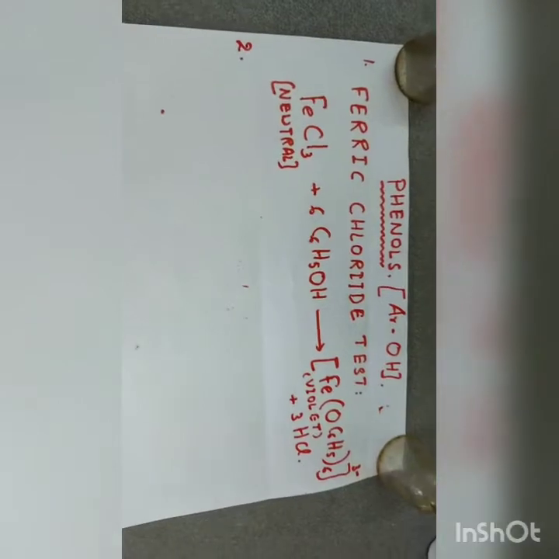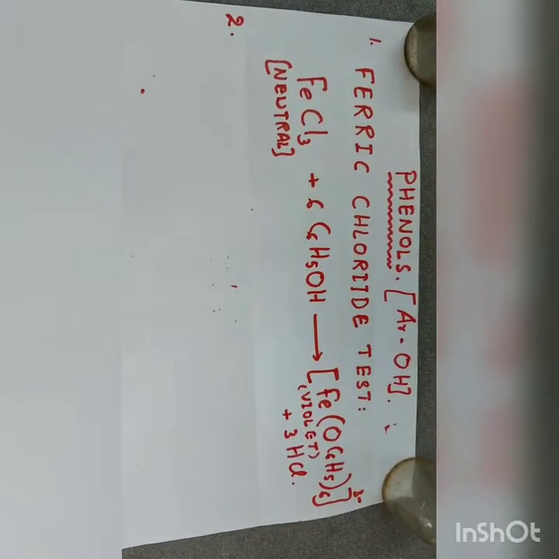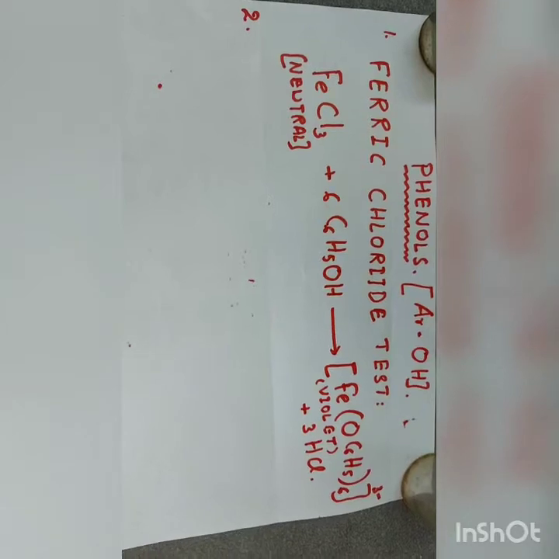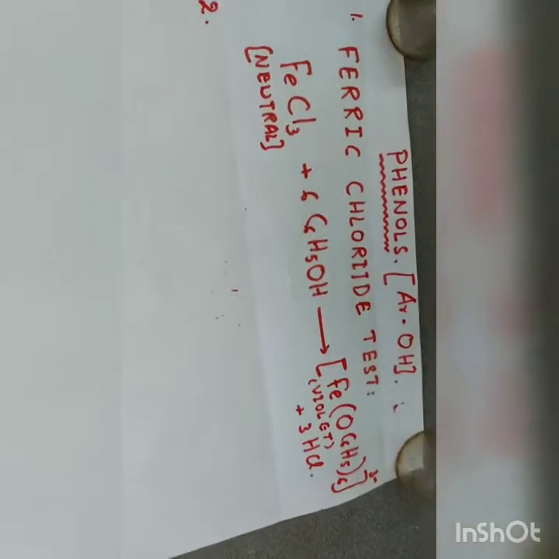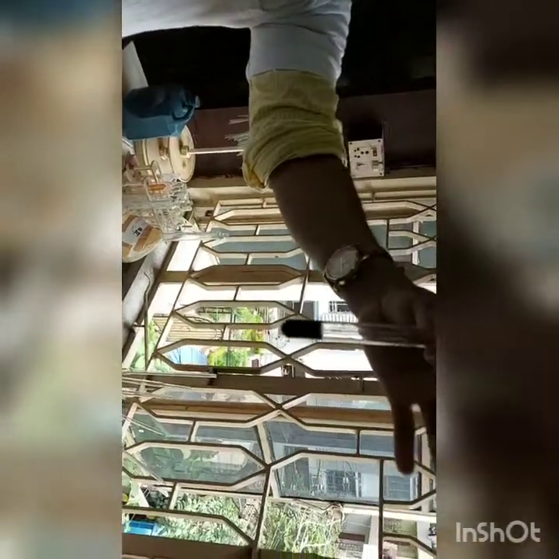Now, dear learners, we are going to show the test for aromatic alcohol, suppose phenol. It is the ferric chloride test. Neutral ferric chloride I have used. When it reacts with phenol, it forms a complex salt. Here is phenol in my hand, and here I am going to add neutral ferric chloride solution. See the changing color. Be careful when you are adding these things. Just see the color, okay? The beautiful dark blue violet color will be there. So this is the test for aromatic alcohol, ArOH, suppose phenol.